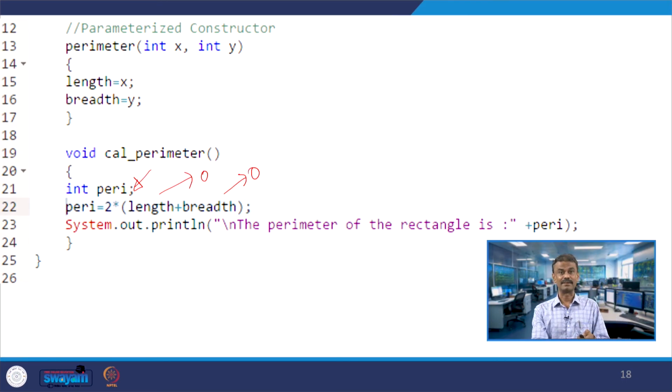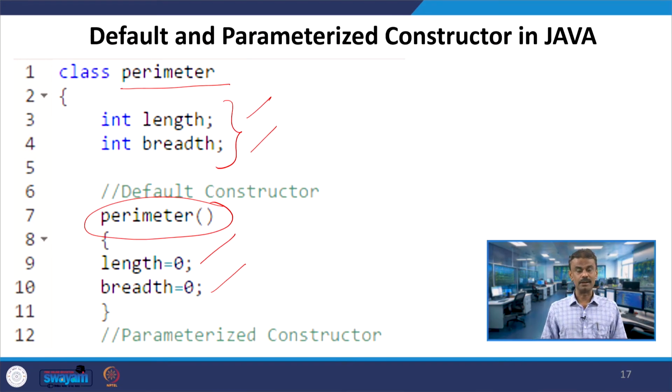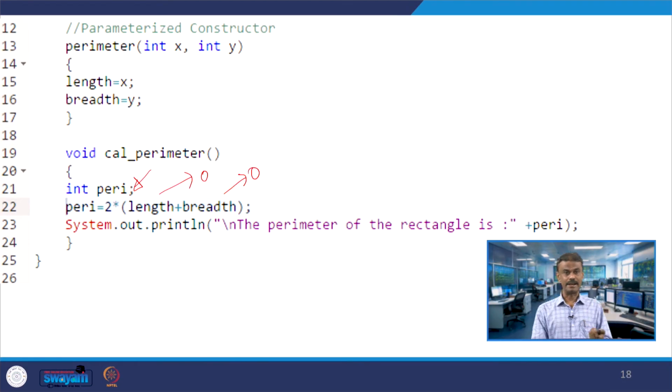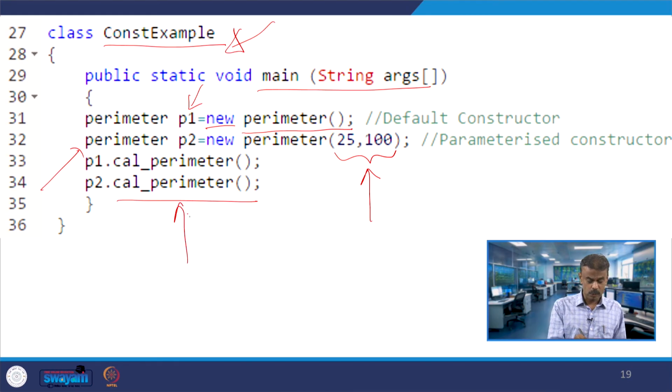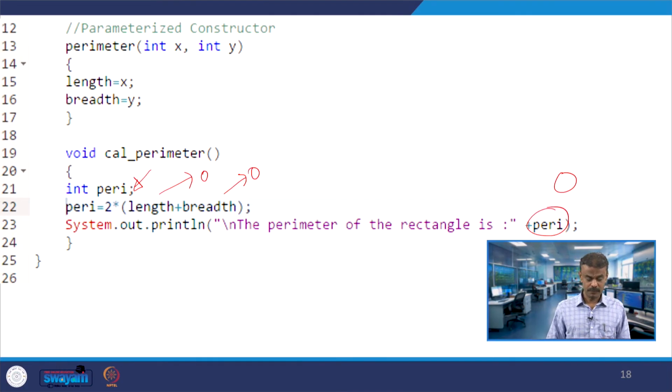When it calculates 2 into 0, the result should be 0 in the case of the first object. The perimeter should be 0. In the second case you are passing 25 and 100. When it calls the cal_perimeter method, x is 25, so length becomes 25.